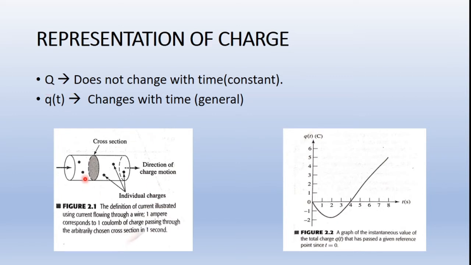Fine. So this is what we saw in the previous slide. These single black dots represent individual charges. When this charge moves through this particular cross section, in 1 second of time, how much charge is going to pass through this particular area? This is what we call charge in terms of amperes. Amperes is nothing but current, because for current, or movement of charges, we define charge in terms of amperes.